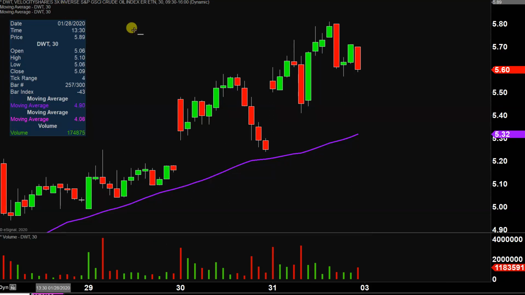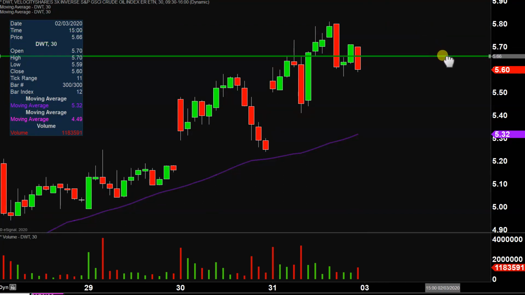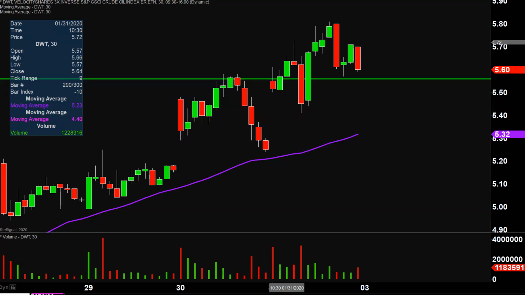So the first level of support is what I would call the ideal level. And we say, Clay, what would make this chart look the absolute strongest going forward? And that would be if the price could stay up here above $5.55. Now, don't get me wrong. If the price falls below $5.55, I'm not saying the entire chart is destroyed or ruined or anything like that. But yeah, if the price could manage to stay up above that level, that would definitely be a massive sign